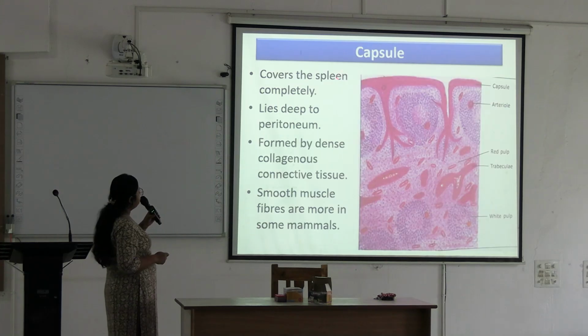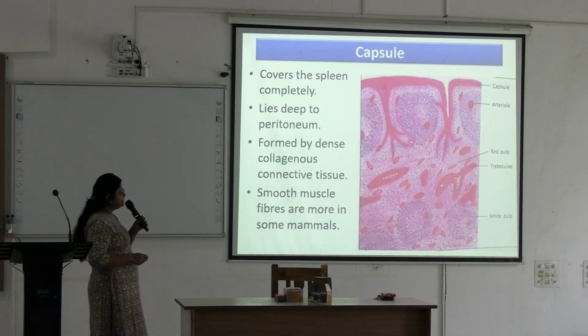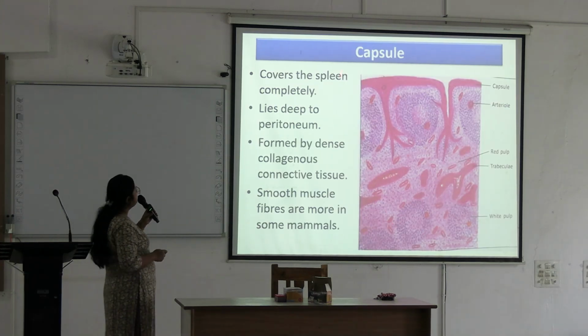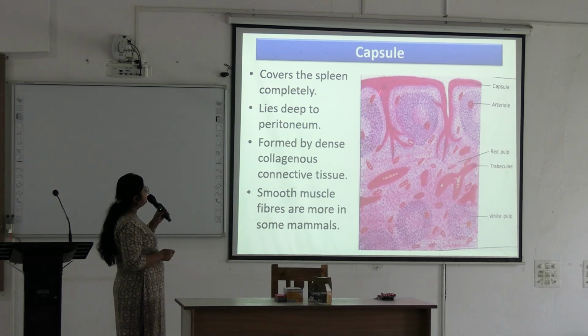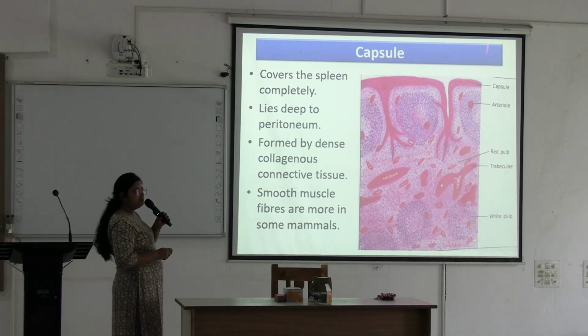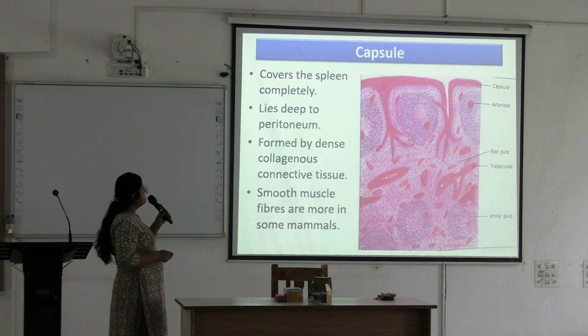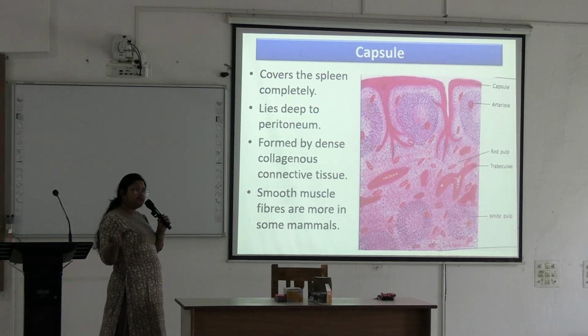Okay. So this is the histological picture of the spleen. See, this is the outer capsule. From the capsule, the inward projecting part is the trabeculae. These are also sections through the trabeculae, and within the trabeculae pass the splenic vessels, branches of the splenic artery and splenic veins. And these are the substance or parenchyma of the spleen.